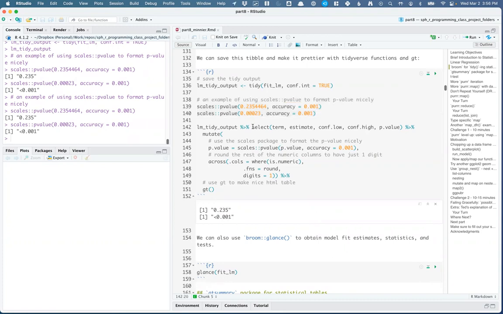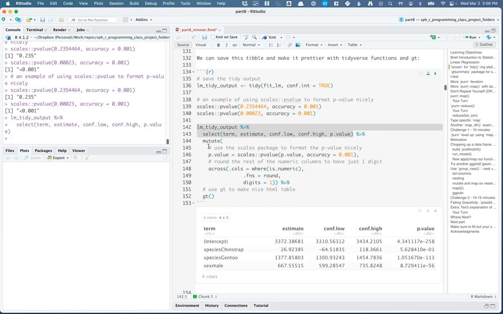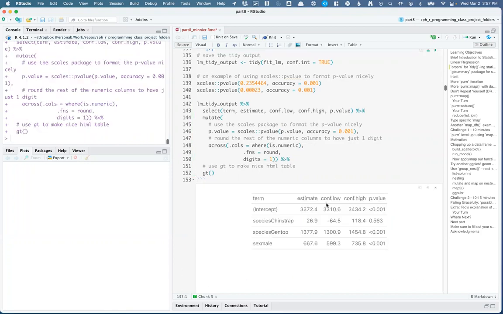And so if we do that, here I'm taking my LM tidy output, I'm selecting the columns that I'm interested in, which are the term, which tells me which coefficient estimate it is, the estimate, the confidence interval limits, and the p-value. So I'll just show you what that looks like. So that's my tibble. But then I'm mutating. So I'm mutating p-value. I'm using that scales p-value function on the p-value and using the same accuracy. So I'm going to convert that to a character string. And then I'm going to mutate across where is numeric. So that means these 3 numeric columns, I'm going to round to have 1 digit. And then I'm going to use GT, which makes that nice table in an HTML table. So we can see I have rounded my numbers, so it's a little bit easier to read, and p-value is